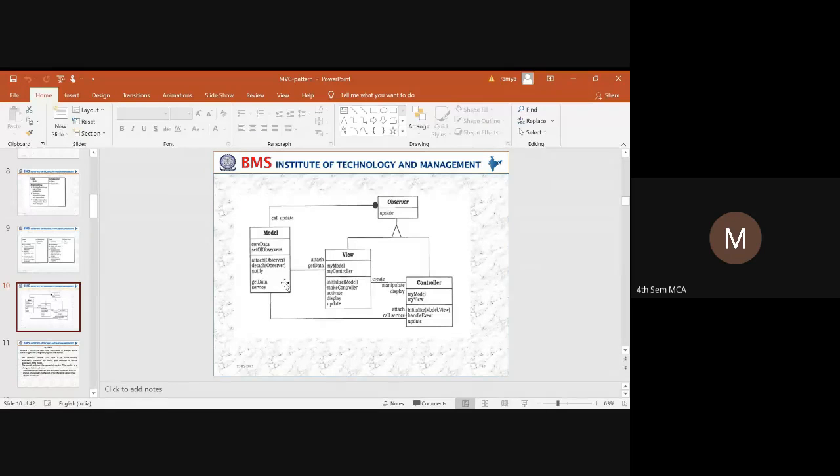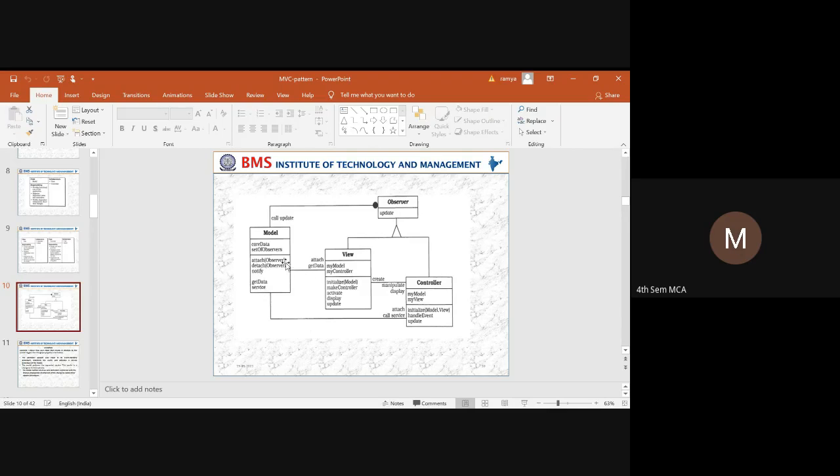Or if any data is removed from the core data, we pass the observer as the parameter. So through the observer object, those data have to be removed. If any updates are there, it is going to notify through the observer, and the model is going to get the data and get the required services from the user.